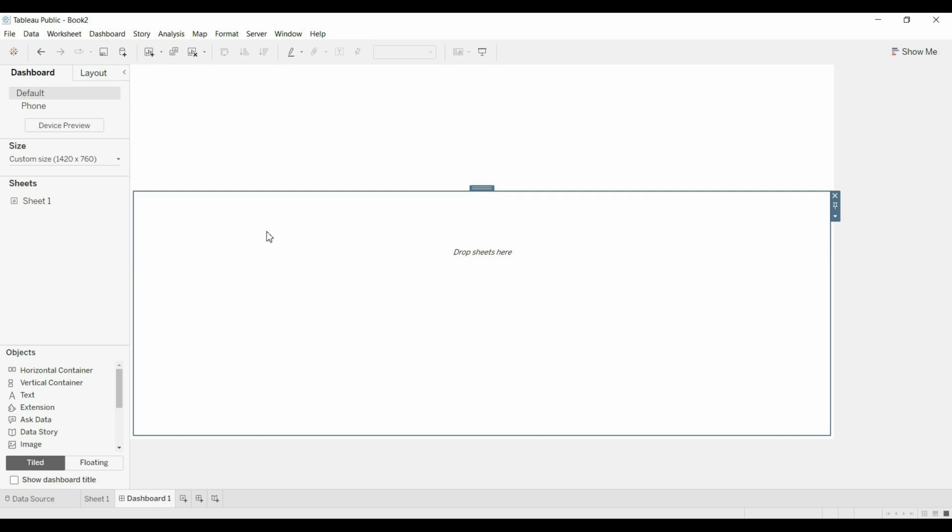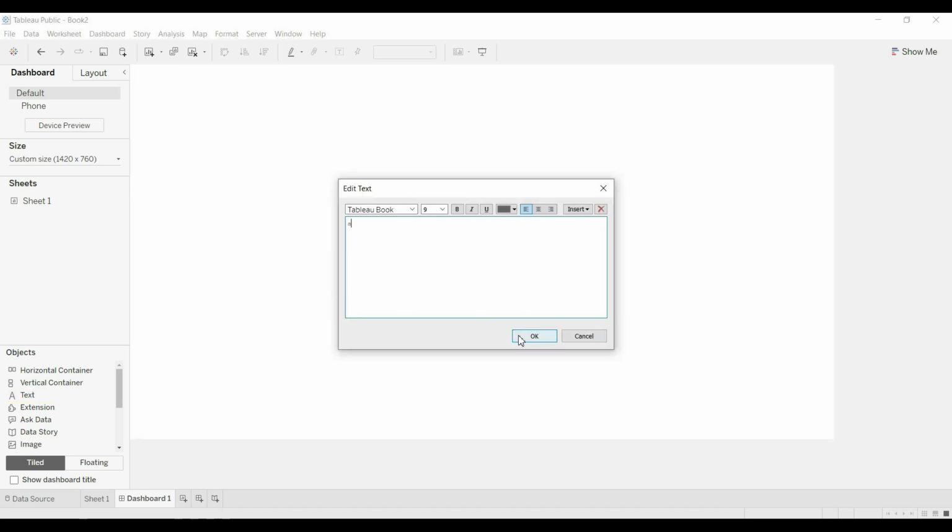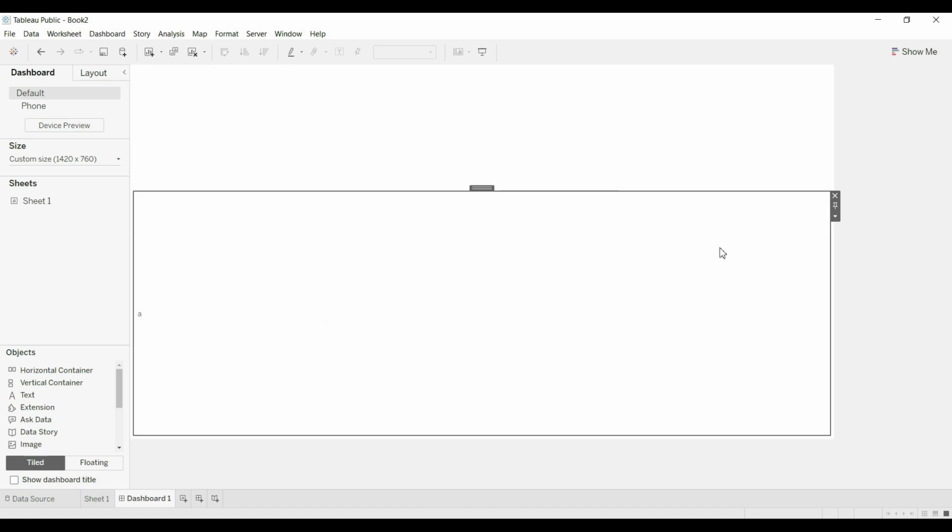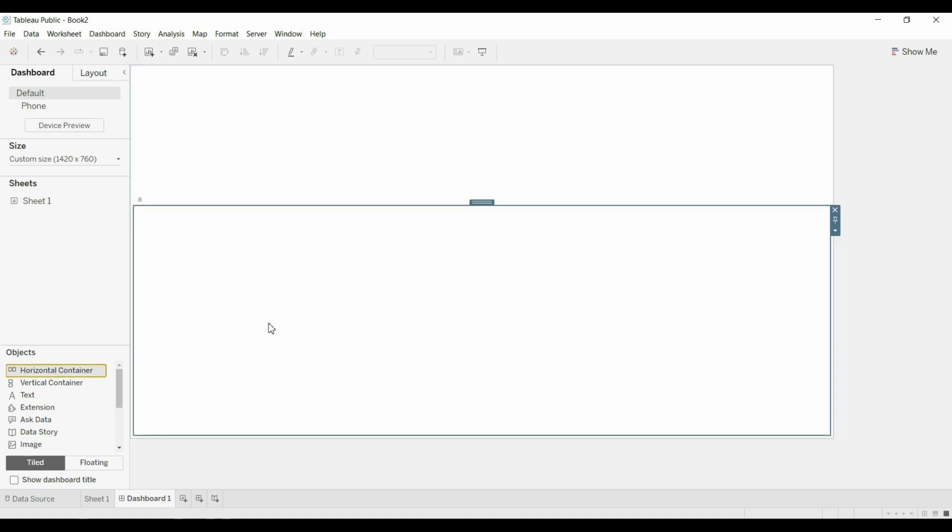Okay, so in the bottom section we have only one container, right? Now we want to add more containers in this section, and I will explain the purpose of creating an outer container, and in that we will be adding 2 containers, because it will give us flexibility. The text object is now intact. Now I will drag 2 horizontal containers, this and this.